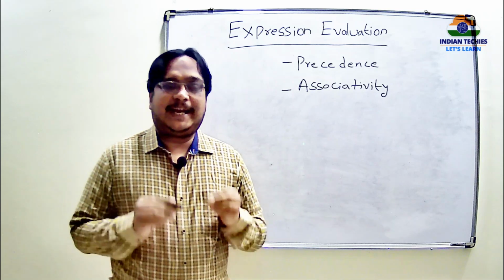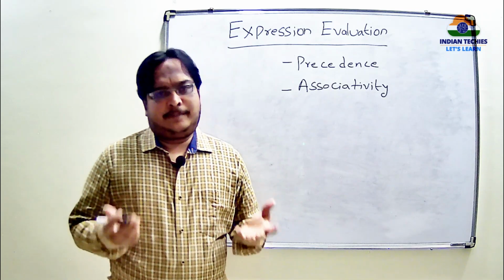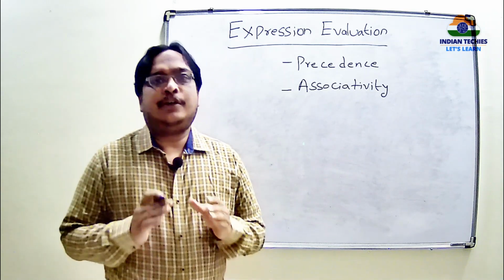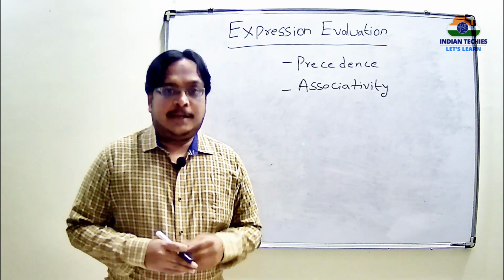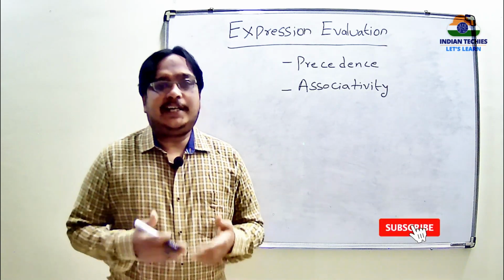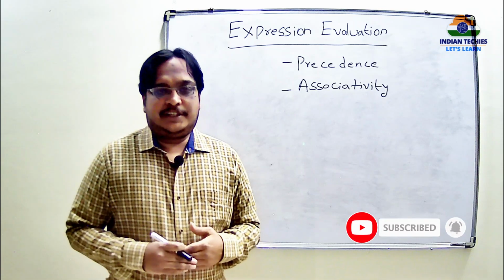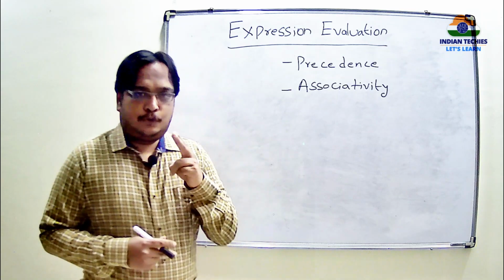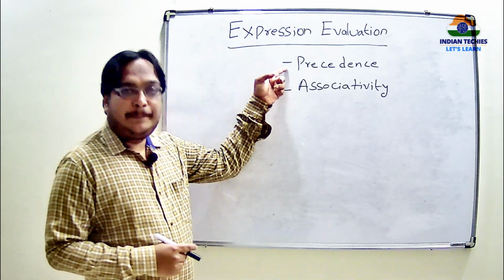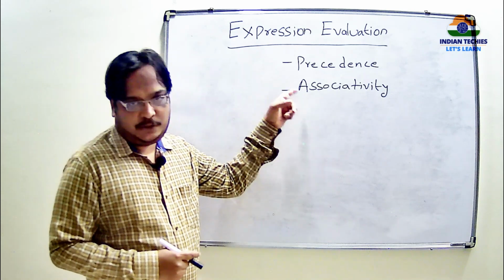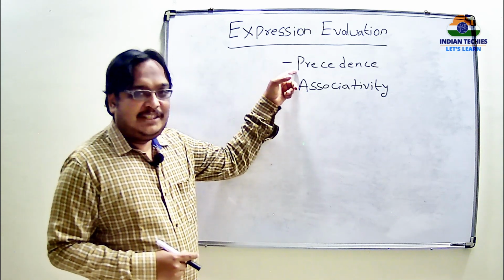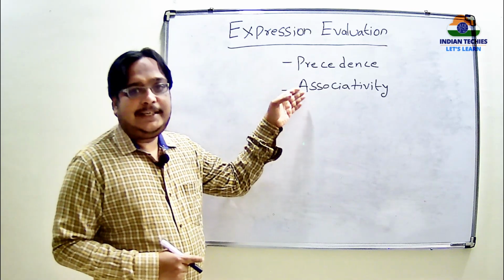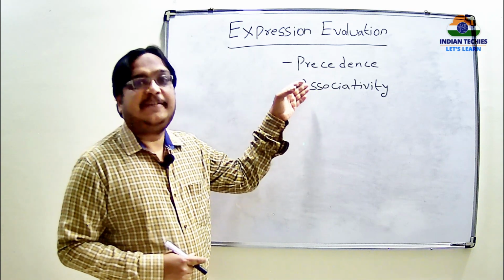Whenever you want to calculate some equation, any equation, if you want to perform some mathematical equation, you have to follow some rules and regulations. C by default follows some rules to perform calculations on a mathematical equation. In that, C follows two properties. First one is precedence and second one is associativity. First, we will see precedence. If you understand precedence, then you will get clear knowledge of what associativity is.